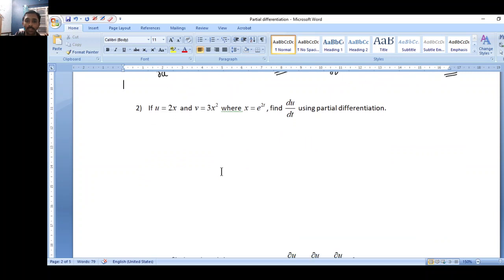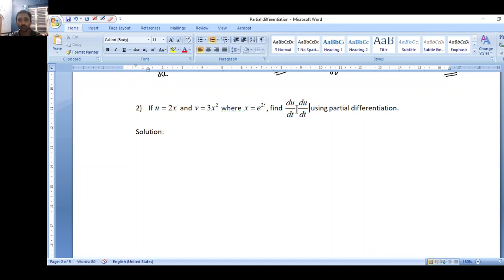In the second question, as we can see here, we are given that u is 2x and v is 3x², and x is given to be e^(2t), right? And in this question we are told to find du/dt, and specifically we have been told that we will have to use partial differentiation. Why is this specifically given? It is because if you are simply told to find du/dt, what you can do here is simply replace x by e^(2t), and then you can easily find out du/dt. In fact, the question is supposed to be